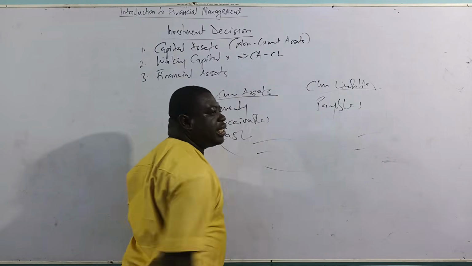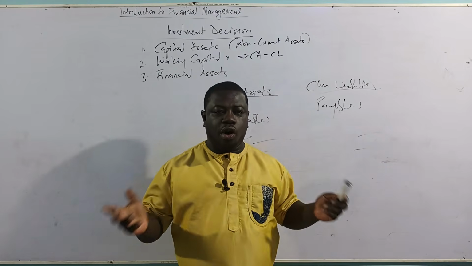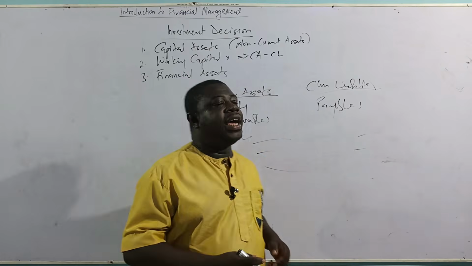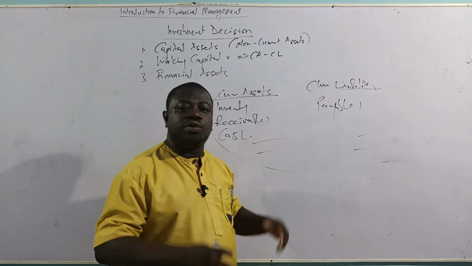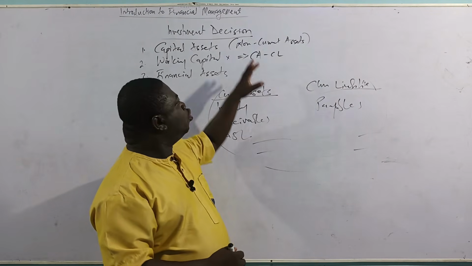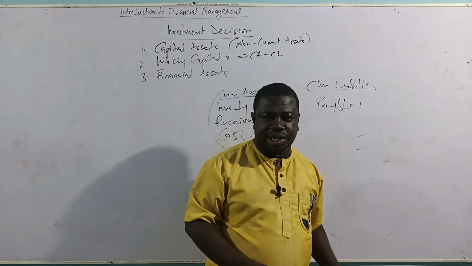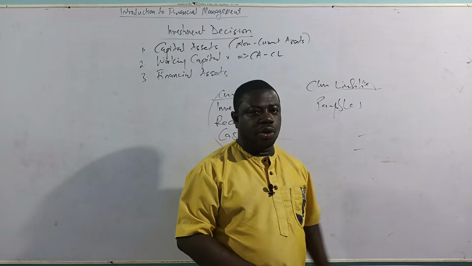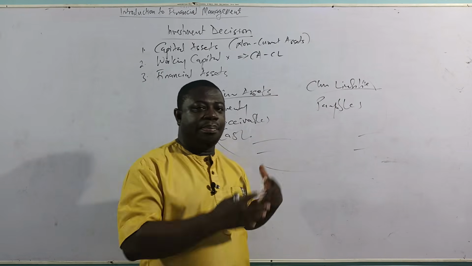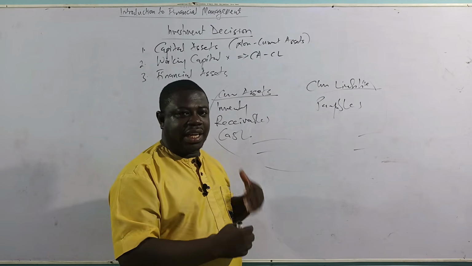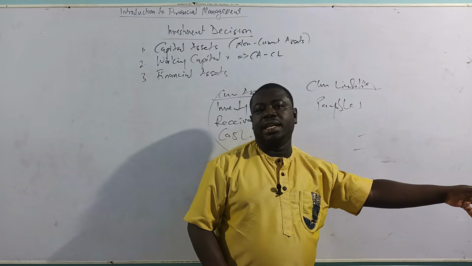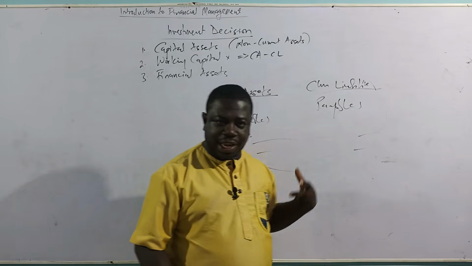So any investment in non-current assets is called capital assets, especially the tangible non-current assets. Capital assets are assets that the business will acquire with the aim of making some returns or profit out of it. So you acquire the non-current asset and use it to do business with the aim of making a return. If I buy a road bus, like the one I spoke about, and put it on the road to work for me, that is an investment in a capital asset, because it's a tangible non-current asset that I have bought, and that is going to give me a return on my investment.